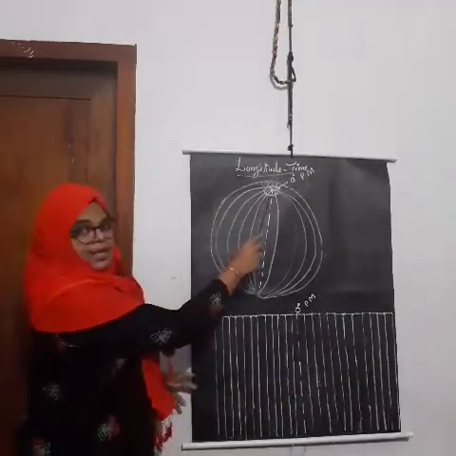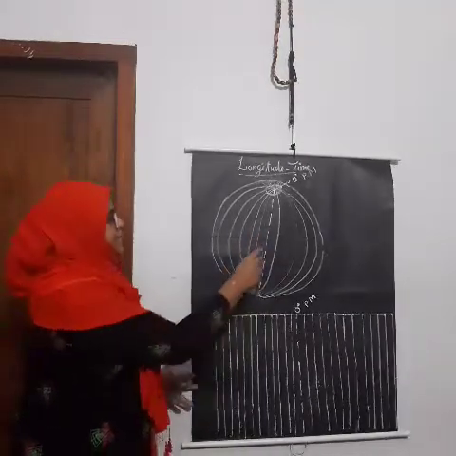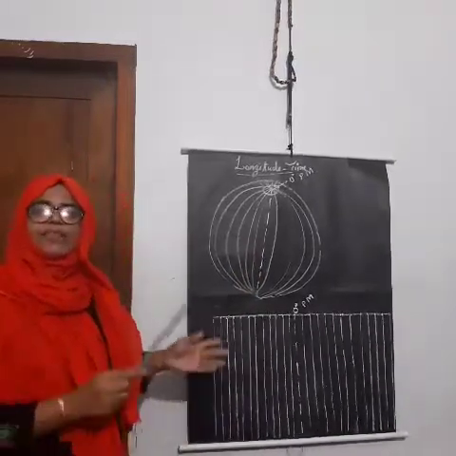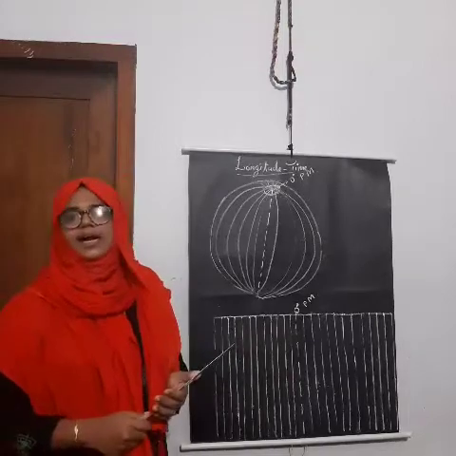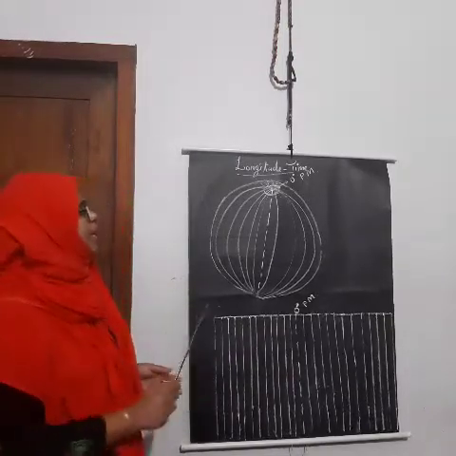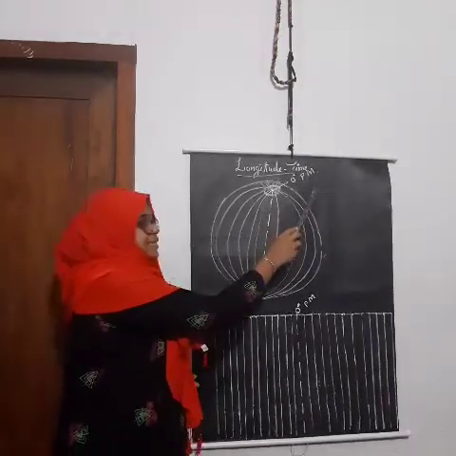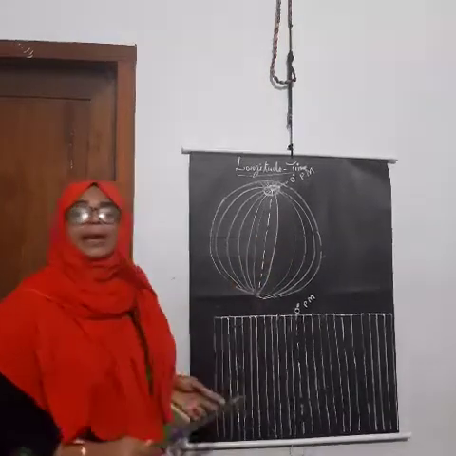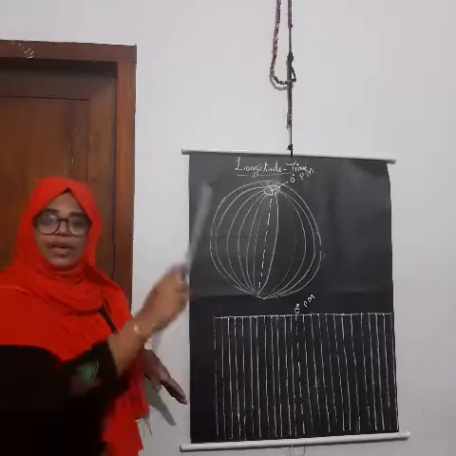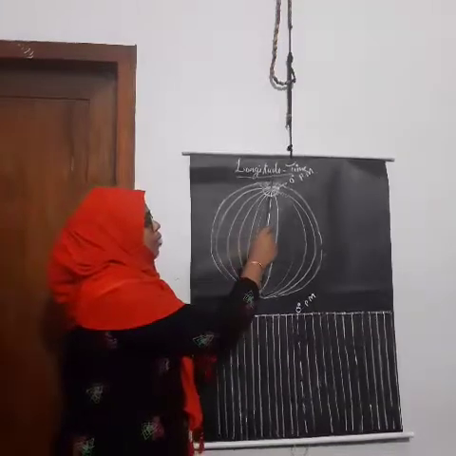Yes, here you can see a middle line, a central line. This central vertical imaginary line that we are drawing on the surface of the globe is called PM. It's a shortened form. What is the enlarged form, do you know? That is prime meridian. You may know one thing, longitudes are vertical imaginary lines that are touching the two polar regions.